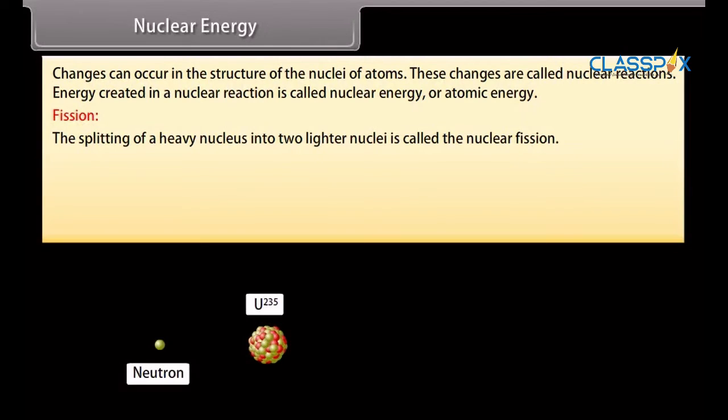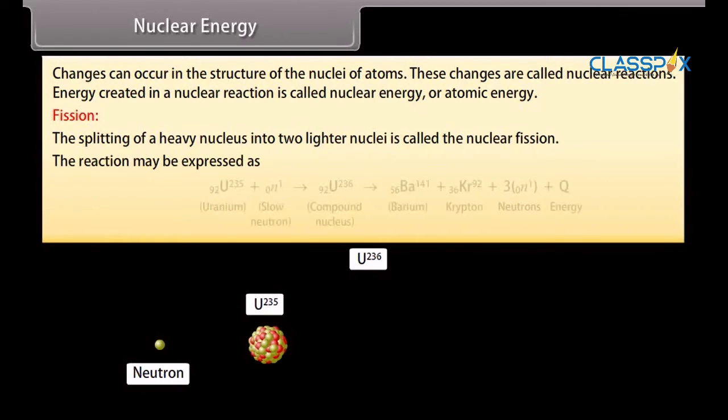When a slow neutron strikes a uranium-235 nucleus, it is absorbed by the nucleus and an unstable isotope of uranium U-236 is formed, which immediately breaks into two fragments emitting 2 or 3 neutrons with release of enormous amount of energy. The reaction may be expressed as